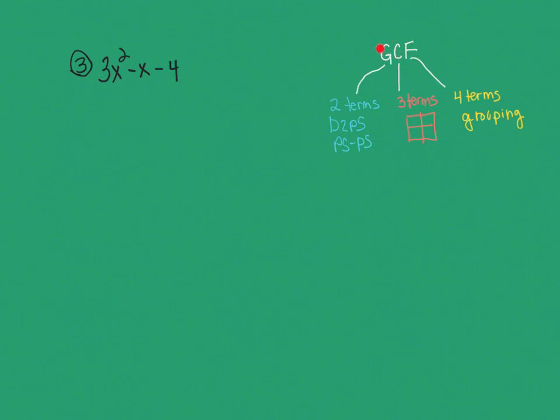So example 3, we start up here, is there a greatest common factor? So if I look at 3, 1, 4, not a greatest common factor, that's a constant. X squared, x, no x, there's not an x that's in common. And so now we're going to start to look at how many terms do we have? Well, we have 3 terms, and so that's going to be the box method. Okay, so I'm going to start with